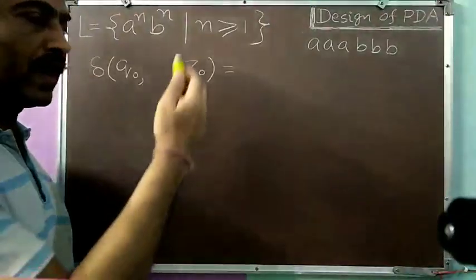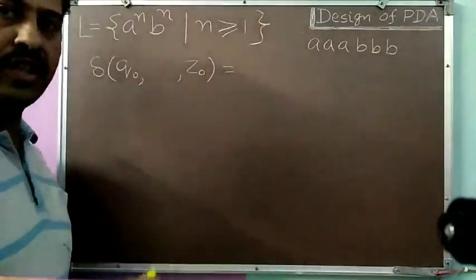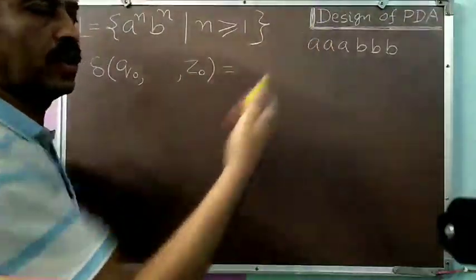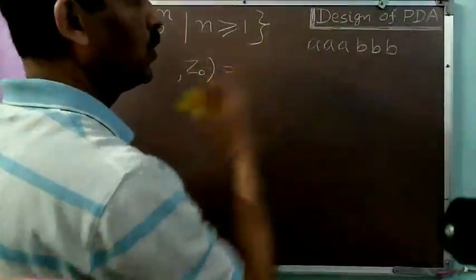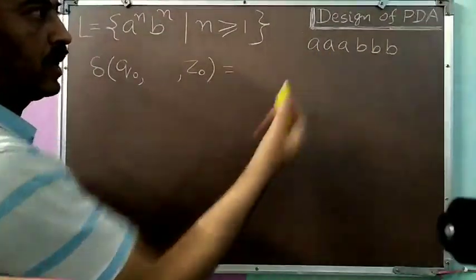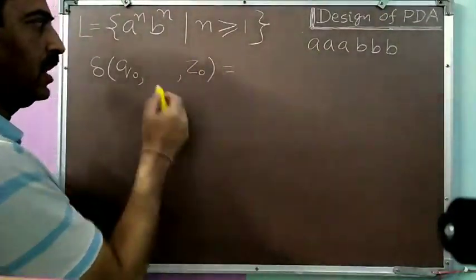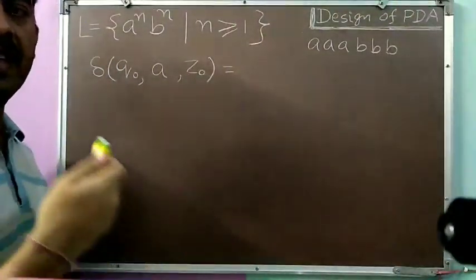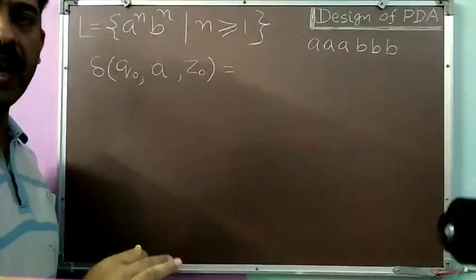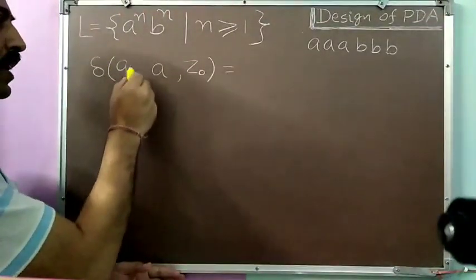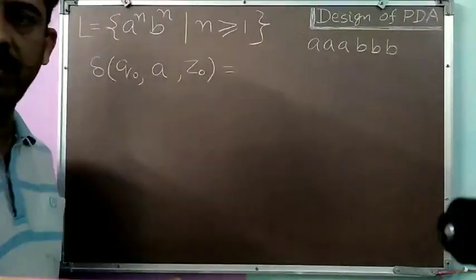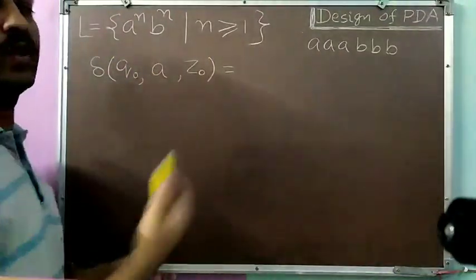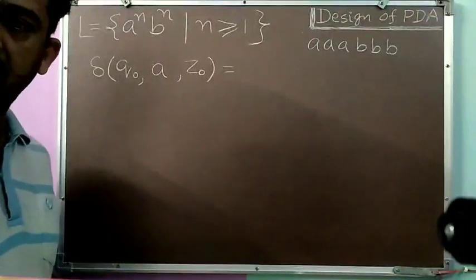But as I have told you, our guideline is we have to write transitions only corresponding to the processing of the successful word over the language. So that is triple A, triple B. In our string we are getting the first letter as A, so that's why we will write A here. We will not mention B because that is not part of the successful scenario, and we are not required to write the transition for all situations. So we will never write a transition corresponding to Q0, B, Z0. It is not required. As per the successful scenario, only the transition Q0, A, Z0 is required because A is coming in our successful string.